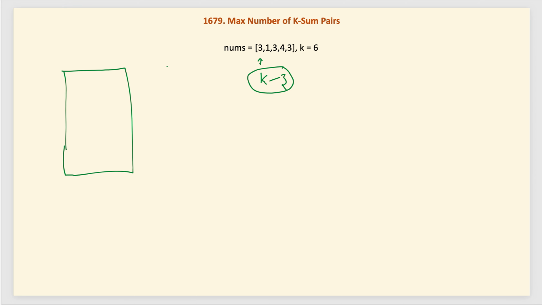We will check if it is present. If it is not, then we update the frequency of 3. We found 3 once, so we get 1. Then we look for 5 in the map, no, so we update the frequency of 1 by 1. Again we got another 3. In that case we look for 6 minus 3, which is 3. So 3 exists one time. We reduce this frequency once, we found one pair, and we update our count by 1. We keep doing it this way, and further we add 4 with frequency 1, then we add another 3 with frequency again 1. That's it. So we will get all such pairs whose sum is 6.